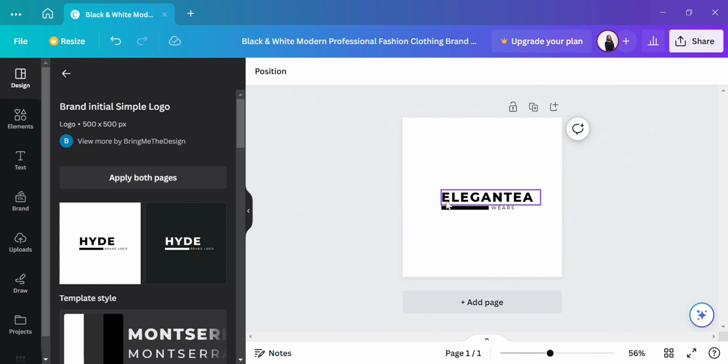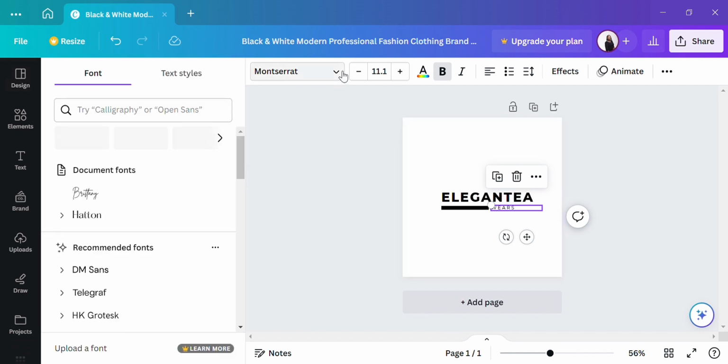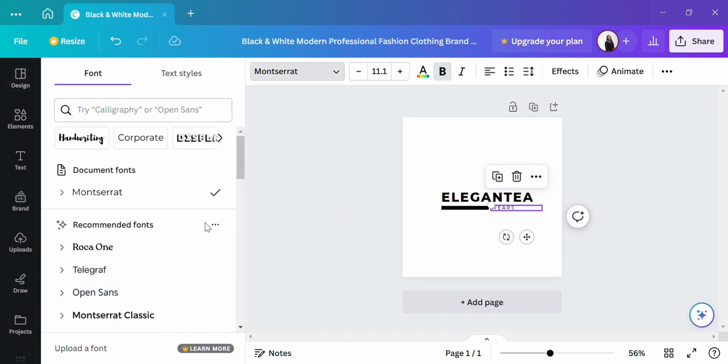Because the font looks simple and it resonates with our theme, the two fonts, we can save this font as our brand font, and use it for now. So what is the font? This is Montserrat, and this is also Montserrat. They have different thickness, so you want to continue using this. So there's Montserrat Classic, and then there's the ordinary Montserrat. So you want to save the names where you saved your color code, and that's it, guys.